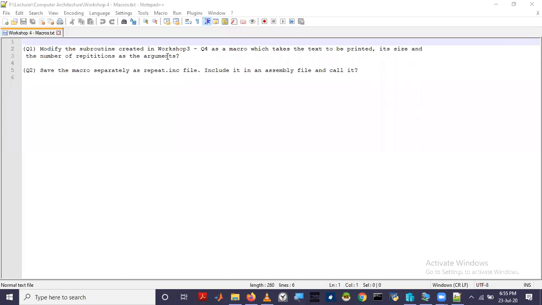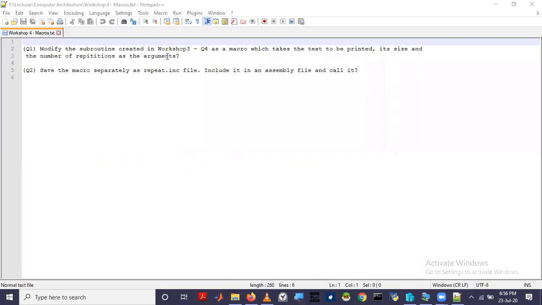So we have something known as macros. So if you can create a basic function and as the arguments, if we can pass the text to be printed and number of times with its size, we can call it as we want. Just we have to call what is the text, what is its size, what is the number of times.